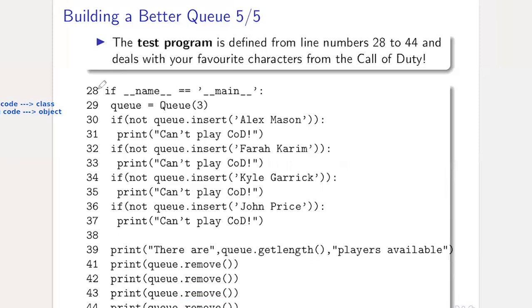Because we have defined a Python object, I have a separate part of the code as my main program. This is how you define that: if name is main, so this is the main object. First of all, I will create a queue. You can see I am calling the queue object, the Python object called Queue with a capital Q, and I am passing the parameter 3,